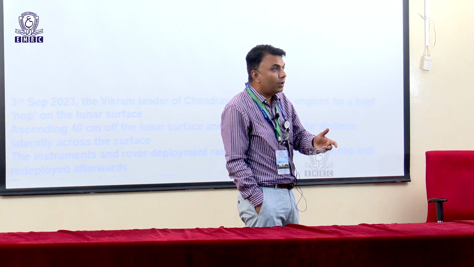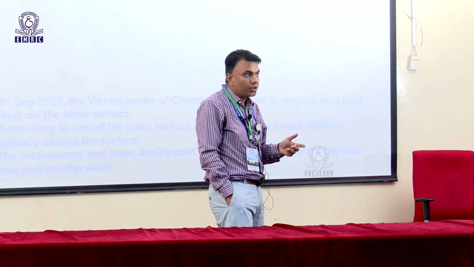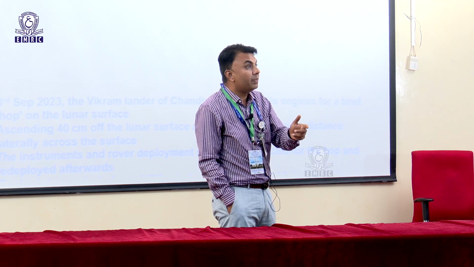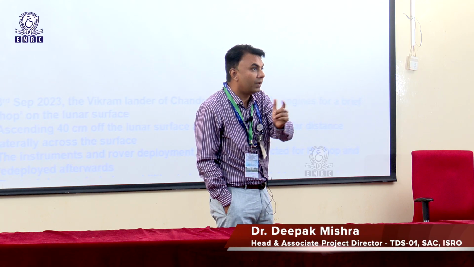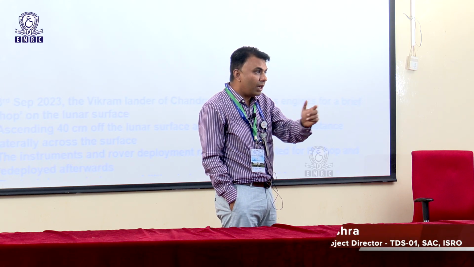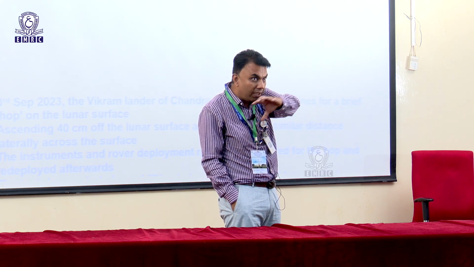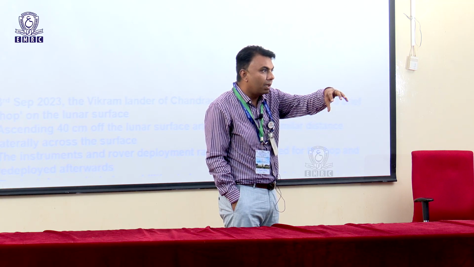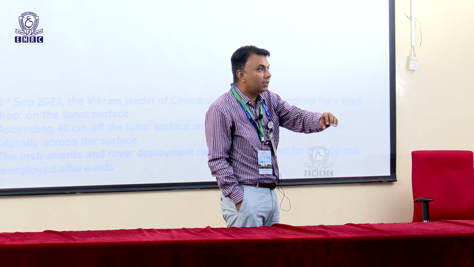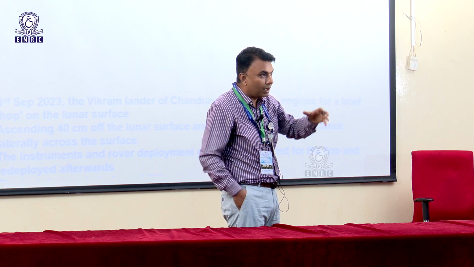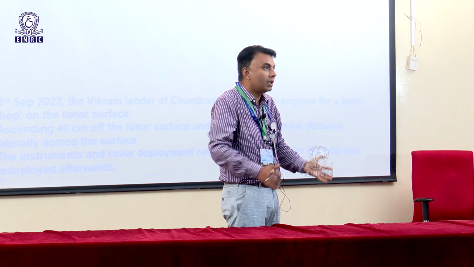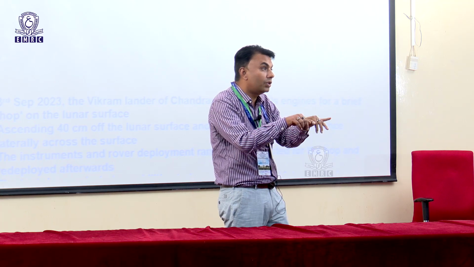In NAVIC, we are not using Klobuchar coefficients. We are going to grid-based modeling of the ionosphere over the whole Indian region. So what happens is, we divided the whole Indian region into 5 kilometer by 5 kilometer areas, and there is a station sitting there, and that station sends information to our hub, and from there we collect all Indian region information, and through the satellite it reaches all the user receivers.